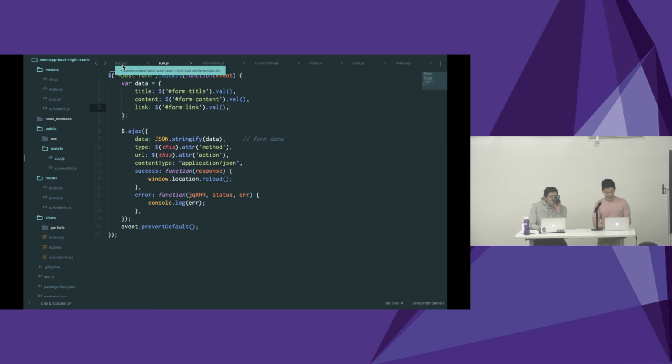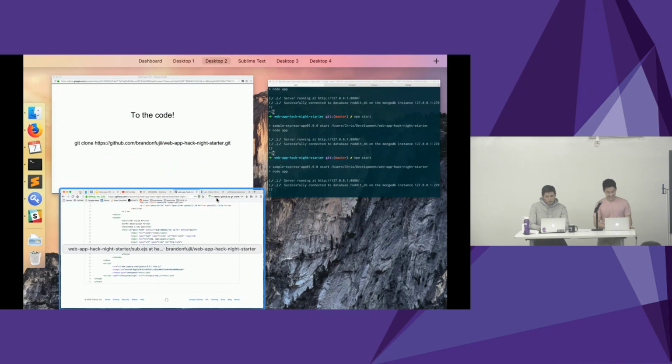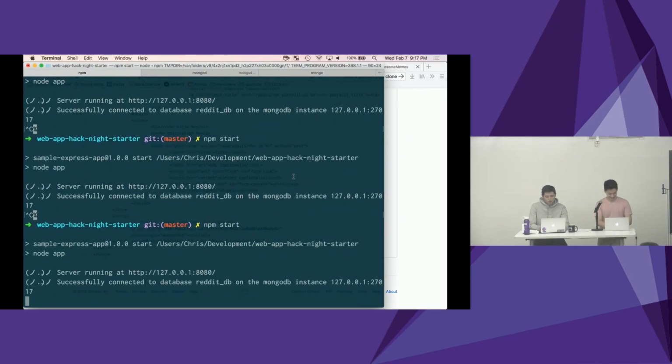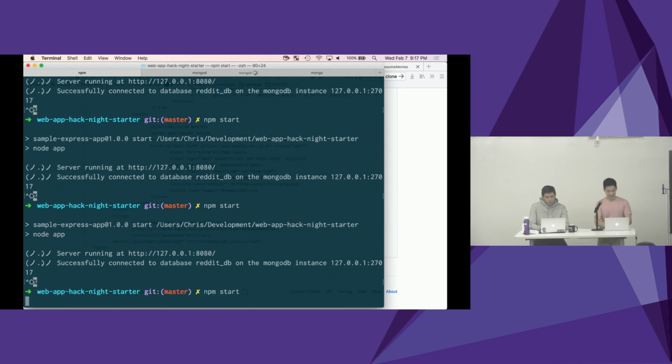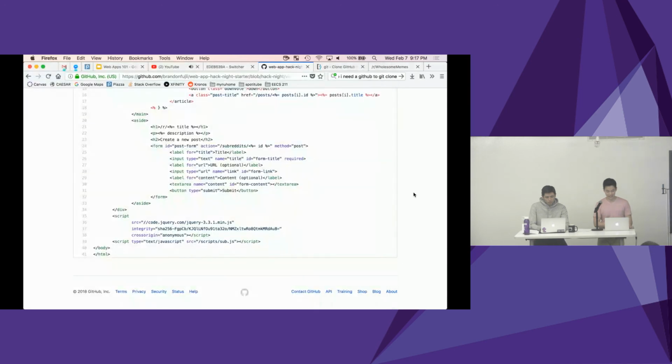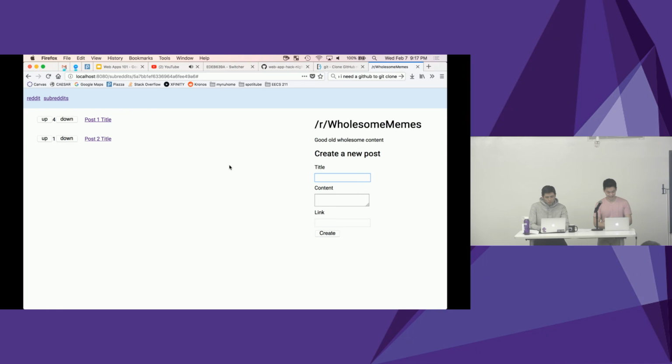Assuming that I made the EJS file exactly the same as it was before. All right, so at this point, we're all good there. Okay, let's see if we can post something. It probably won't show up because we haven't dynamically rendered the page yet, but that's an easy thing to do, I think. So go ahead and rerun your server, refresh, and get down to a subreddit, and then we'll